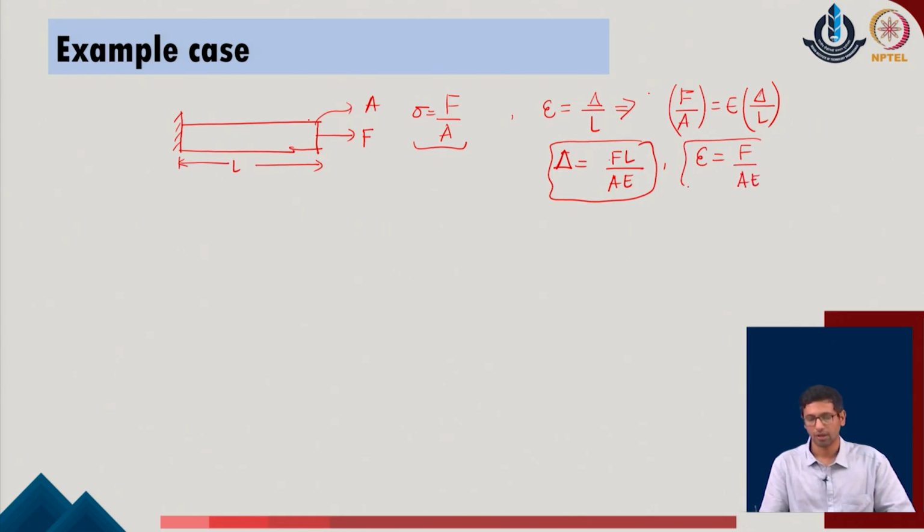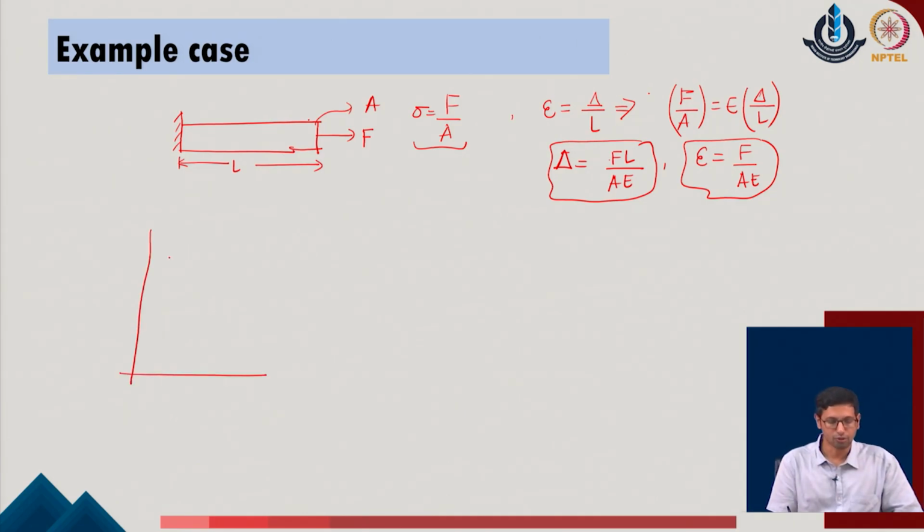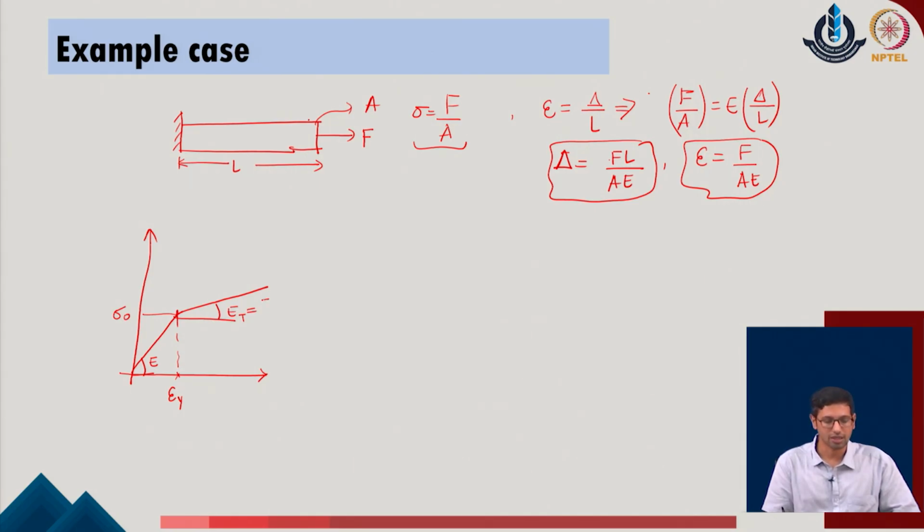And once we have this measure in the given system, now we can identify what kind of material rule we are using. As a simplistic procedure, one can go with a bilinear form of the expression, and we can have, say, an initial yield value sigma naught defined for us, corresponding to which the strain parameter, say epsilon y, is also known to us. We can have the initial slope of the given system known to us, say the E value, and the second slope can be defined, say E of t, which can be defined in a simplistic way as E by 2 or E by 3, a fraction of the initial slope of the given system.